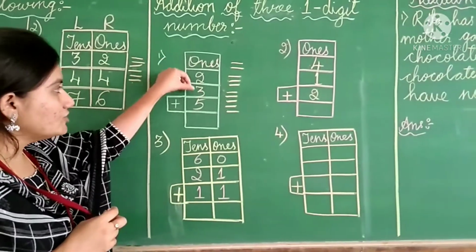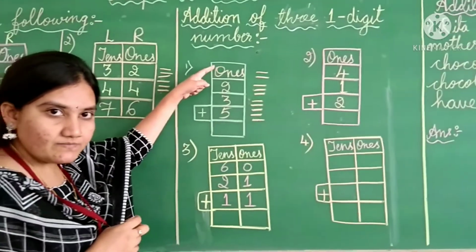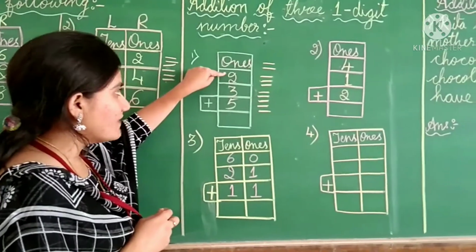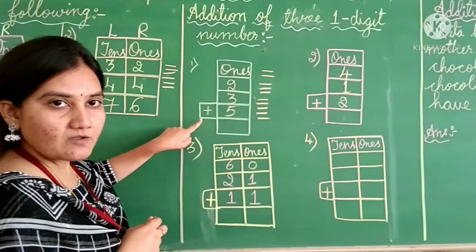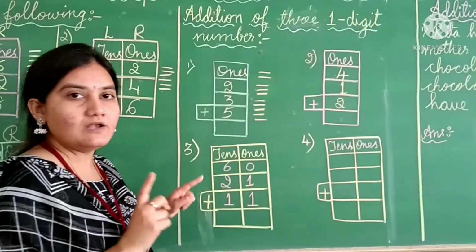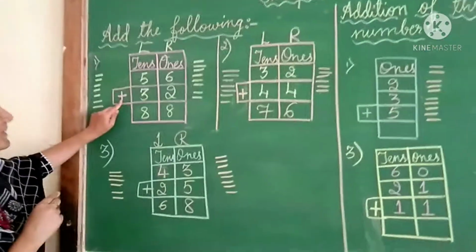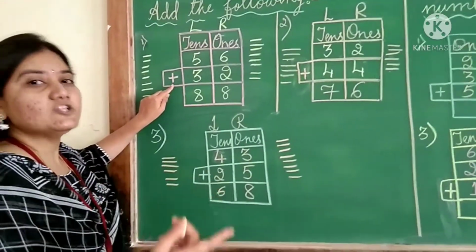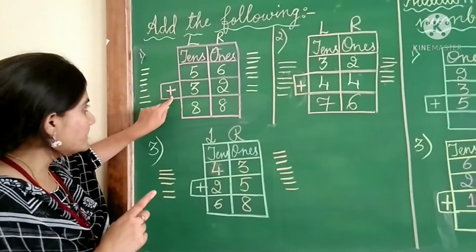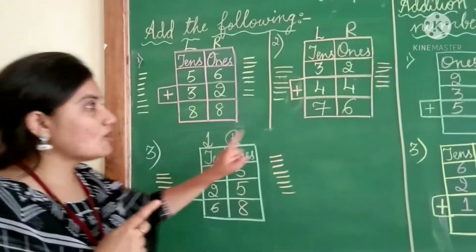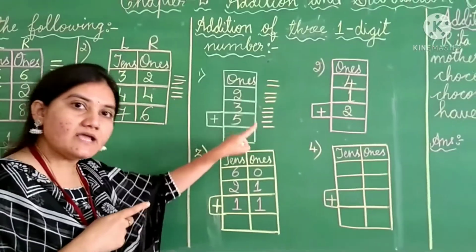3 numbers, children. 1, 2, 3. Three 1-digit numbers, so in those 3 numbers we are counting: 2 plus 3 plus 5. Addition sign, children. I forgot to tell you that the sign of addition is the plus sign. Here see, I have drawn the plus sign everywhere because we are doing the addition. We are putting the objects, we are putting the numbers together. So everywhere the plus sign is there. All the 3 numbers we are putting together, then we are adding.